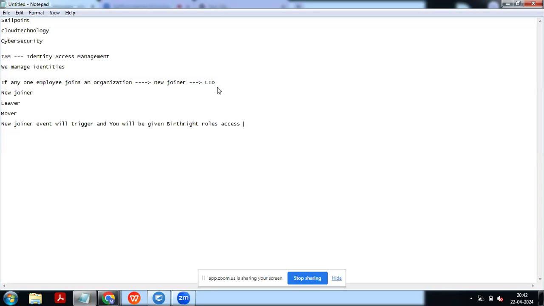Birthright role access means you will have access to the company mail ID and company Teams. You will be given access to the basic applications of that organization. SailPoint manages all of these kinds of accesses.